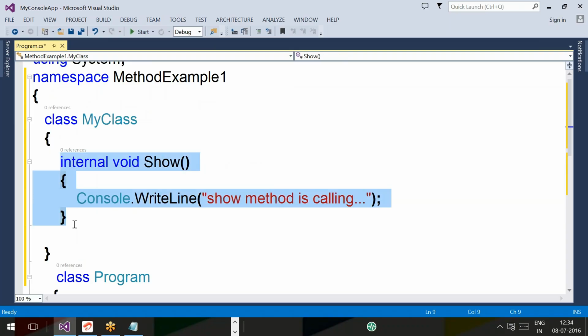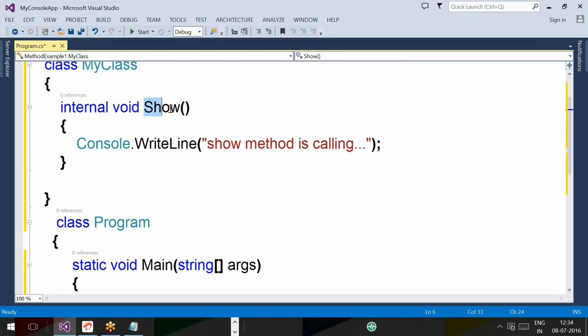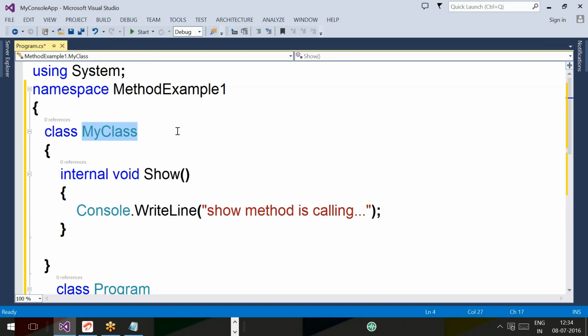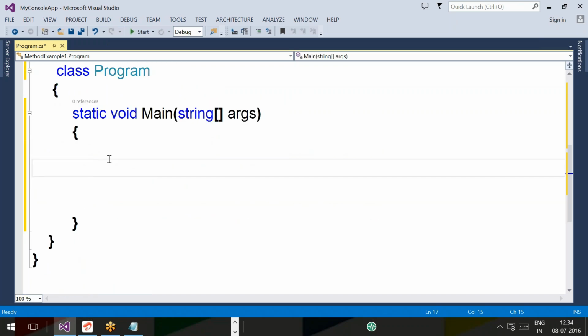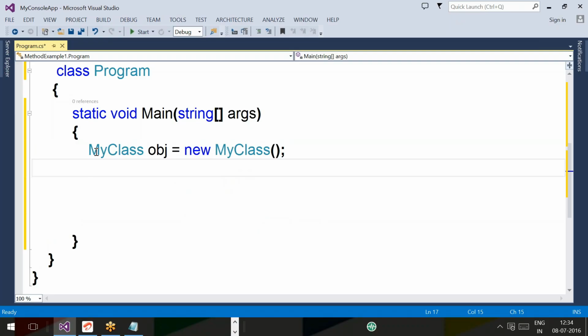If I want to call this method, what do I need? An object needs to be created. Why do you need an object? Because it is an instance method. If you want to call an instance method, you need an object of the class, my class. So: MyClass obj = new MyClass();